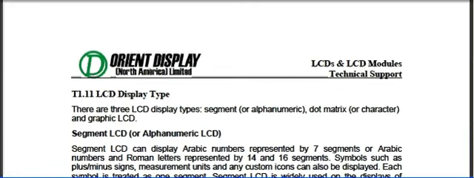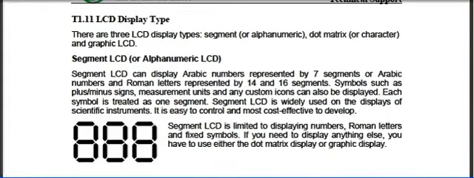Now we will briefly describe the LCD type. The first, the most simple one is a segment display. We also call it alphanumeric LCD. And in most cases, it will have 7 segments, and sometimes with a decimal here. And the 7 segment